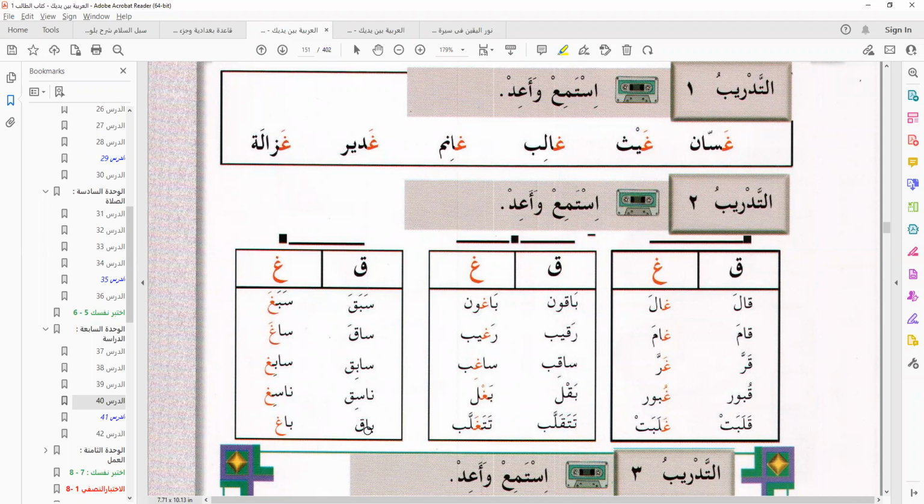You have باقين, باغين. So can we have someone try to pronounce them? Let's see if we have something close. Let's have Abdulhamid, do you want to try? Let's try someone else. I think I have another hand.